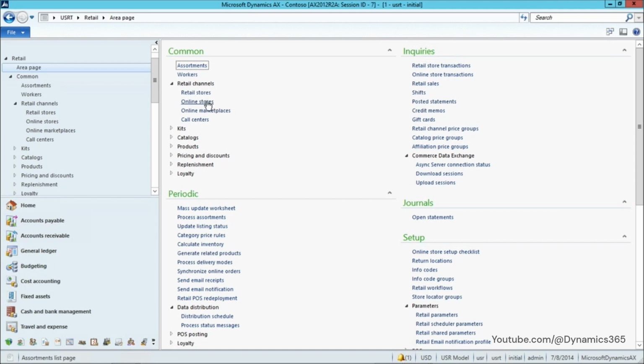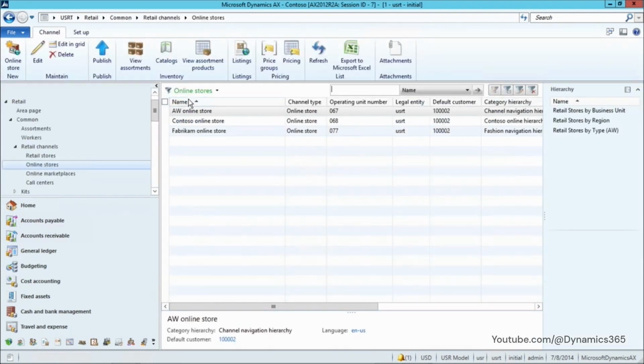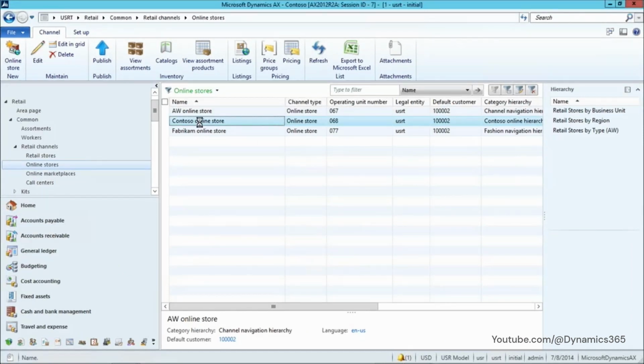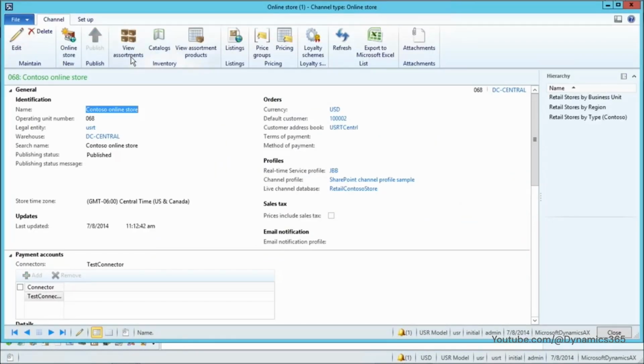So you can either do it from the online store, or you can always click on assortment and go to that particular set of assortments which you have configured to the online channel. However, now I am going to click on the Contoso online store, which is there in the list and our area of focus. So I click on Contoso online store and here you have an option under inventory called view assortments. So when I click on view assortments,